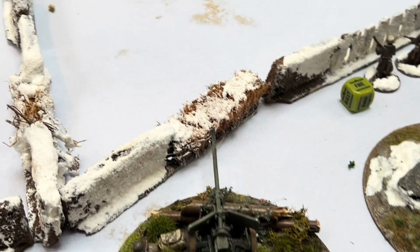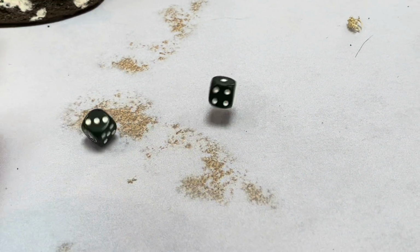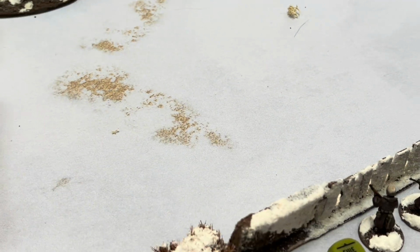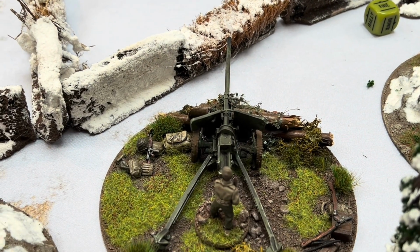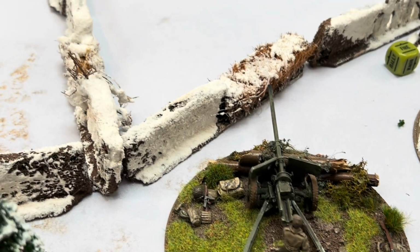He does have a pin. So let's just roll it here. Company commander near him. He passes and he's going to fire. Needs a 4 now because he's only got 1 man. Well, it's going to need a 5, isn't it? Because I'm firing at...